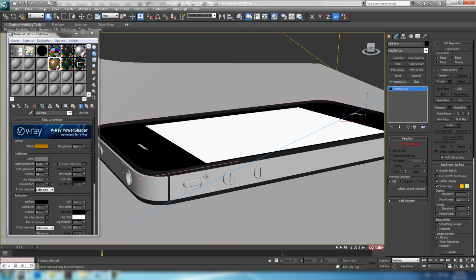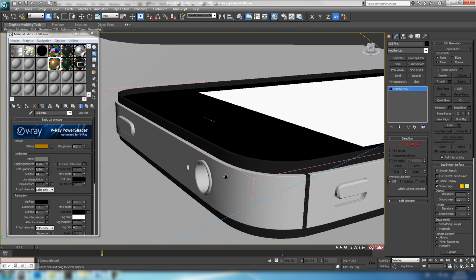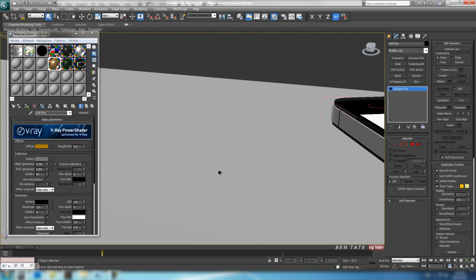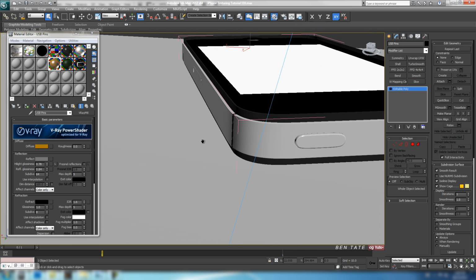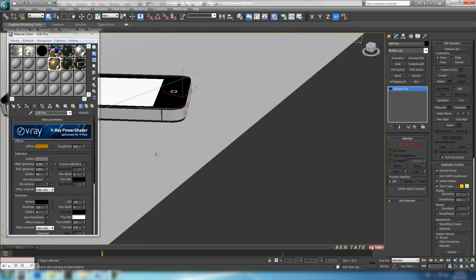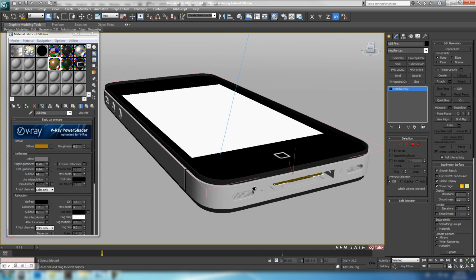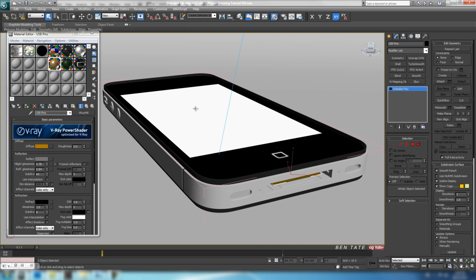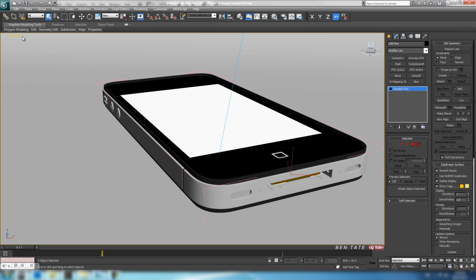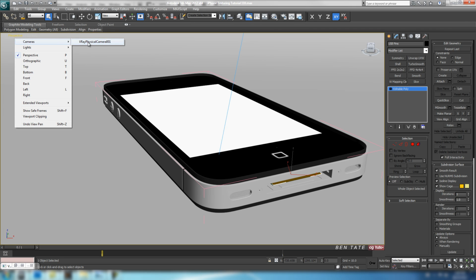Okay, so let's go around the top here and just make sure that we didn't miss anything. We still have to do the back, obviously. Okay, so I think we pretty much got all the materials here. Okay, so now let's maybe just go back to our V-Ray camera here, and we'll start working on the back